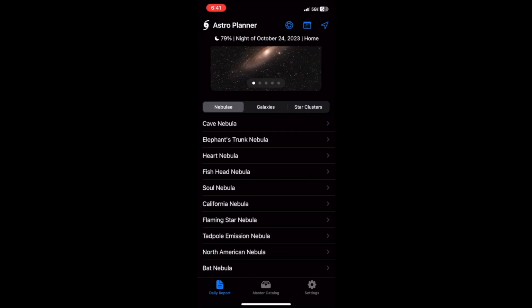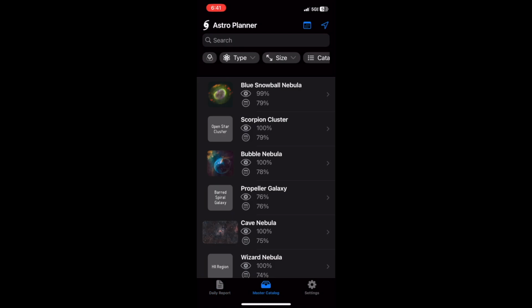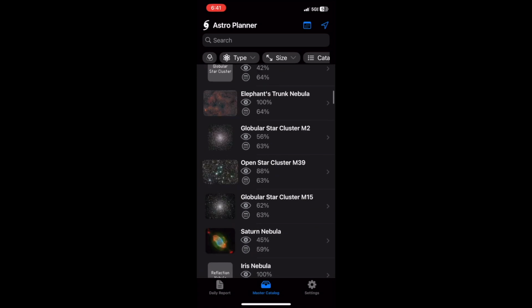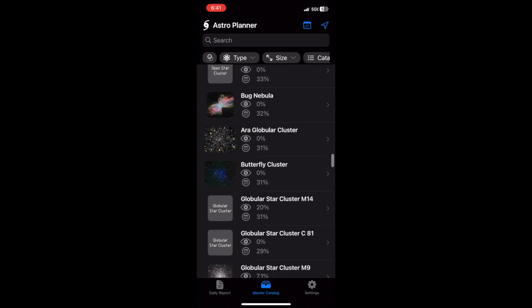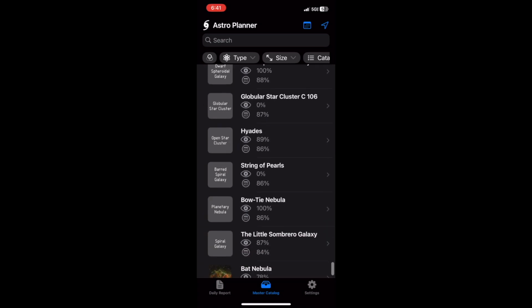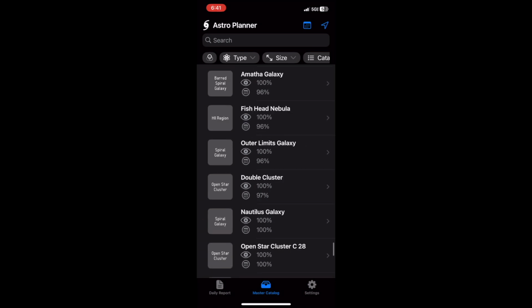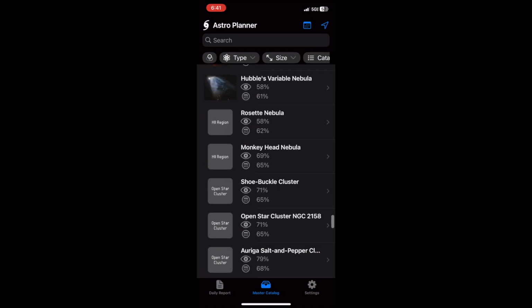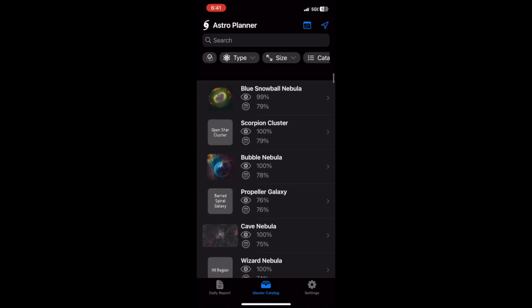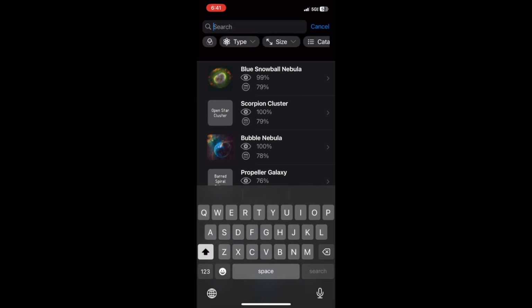The next tab is the master catalog, which is where you can just manually filter, sort, and search for every target that this app contains. As you can see, the app is lacking a lot of pictures, and that is a work in progress. But you can search for different things,